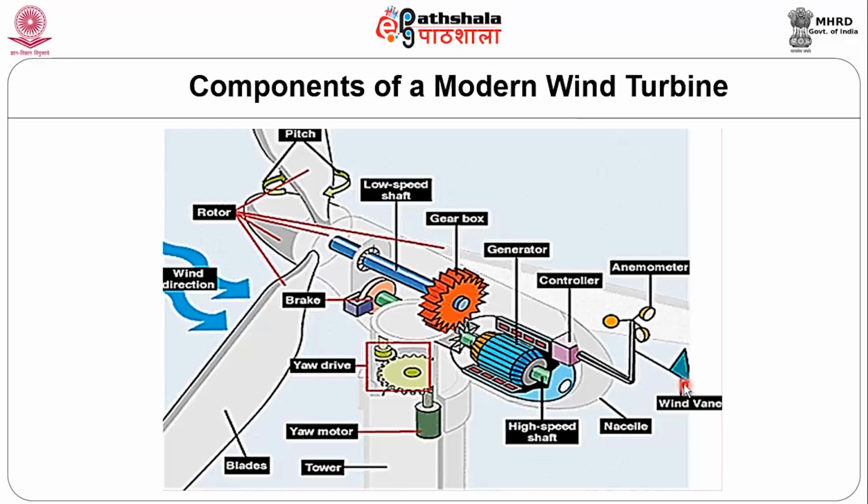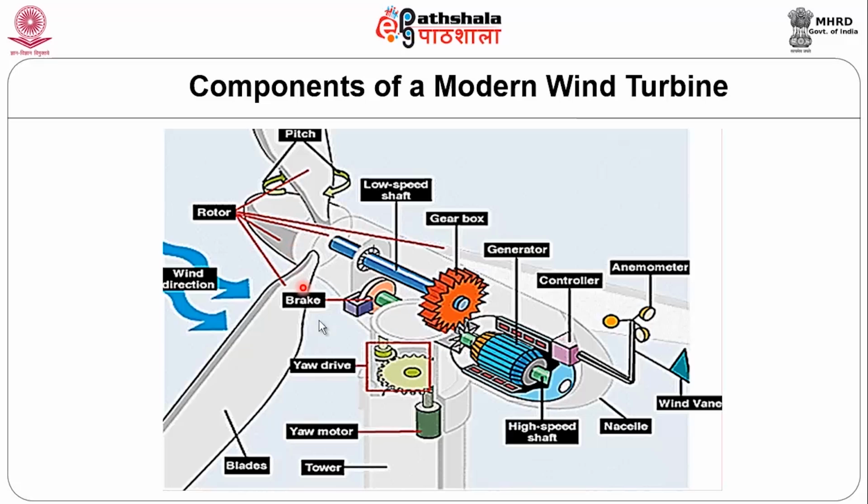The wind vane identifies the direction of the wind, and the anemometer will measure the velocity of the wind. And the wind vane will give the direction to the yaw mechanism. The yaw mechanism is here, the yaw motor which takes power from the shaft, and the yaw drive mechanism is here, and after taking the signal from the wind vane, it helps to twist the face of the rotor